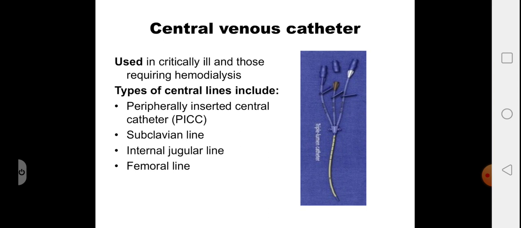Here you can see the picture of the central venous catheter. The cream portion is the flexible catheter, which is inserted, say, via the subclavian vein to reach the greater vessels like the superior vena cava, which is in close proximity to the heart. And the blue portions are the lumens. This is a multi-lumen catheter. It has 3 lumens through which we can administer, by attaching the administration sets, IV fluids, medications, and blood products.